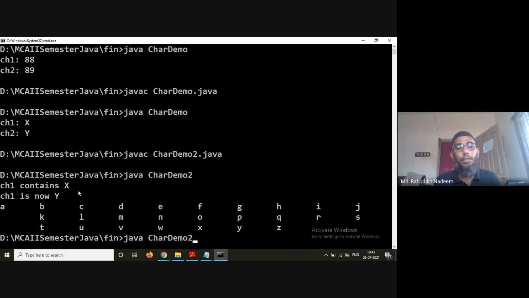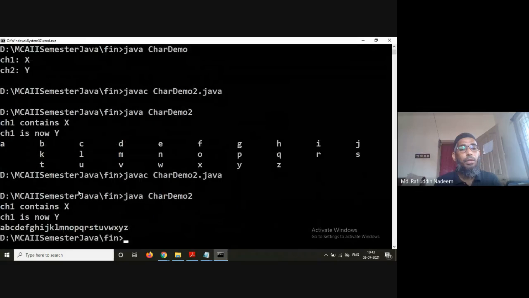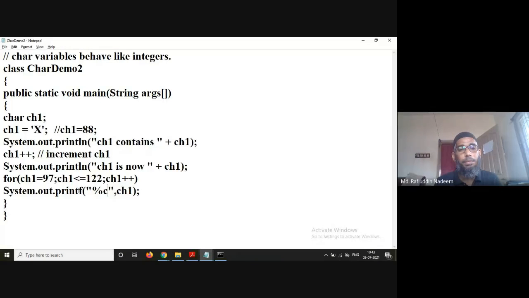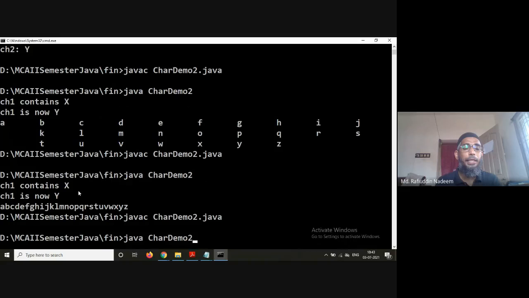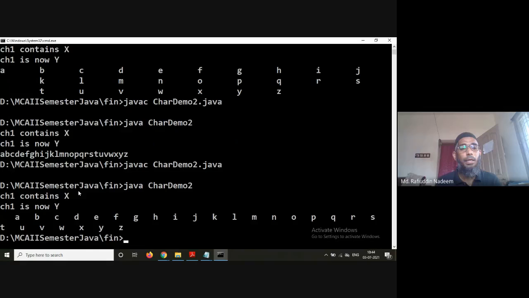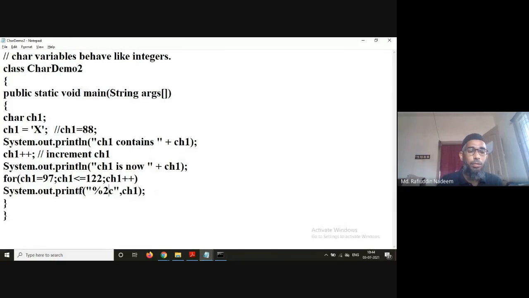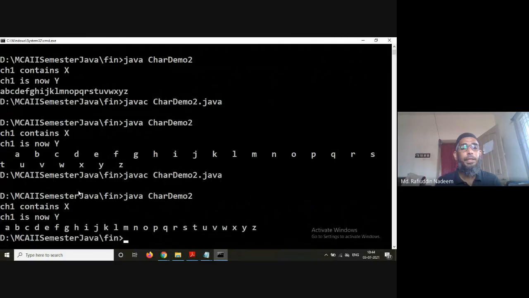Now see the difference. All are displayed without any spaces. Now if I use %5c, there will be 4 spaces left between the characters, means before printing a character, it will add 4 spaces. After adding 4 spaces, the output will be in this form. Like this way, you can format the output.